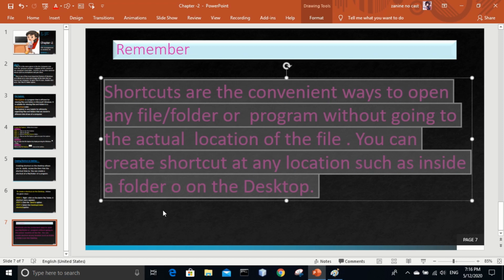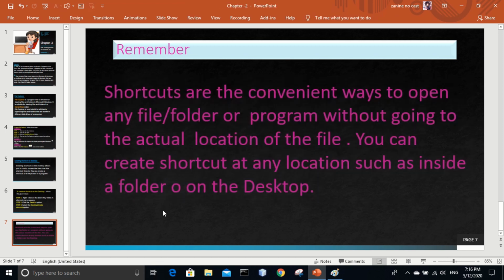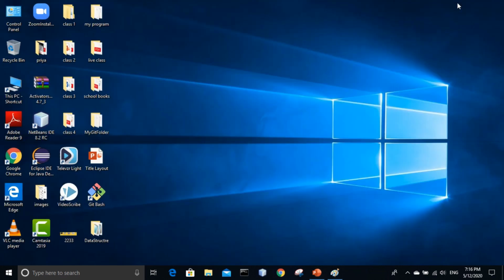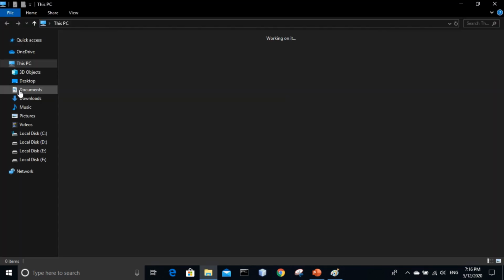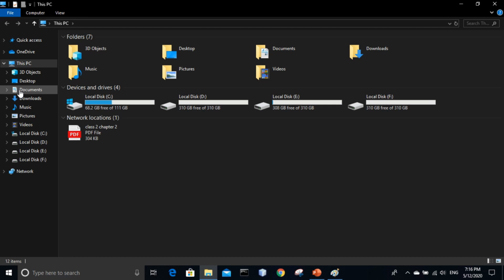What is meant? Let me show you practically. See, I am going to This PC and I am going to make a shortcut for you. Like if I am going to make a shortcut of Music. If I want to go to Music now, first of all I need to go to This PC.